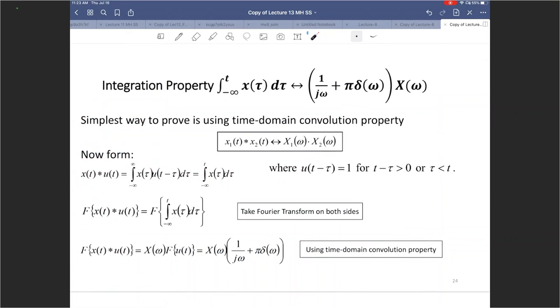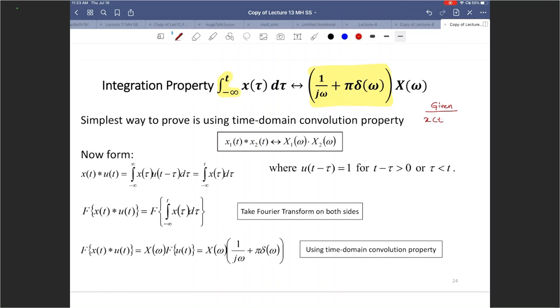Now we said if you want to go back from the time derivative property, then you need to integrate back. So we need the integration property for that. The integration property says if you integrate the signal in time domain, then you essentially multiply by 1 divided by j omega, plus pi delta of omega, in the frequency domain. This is given